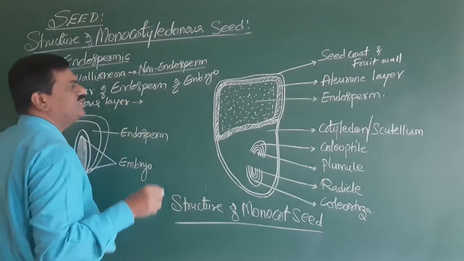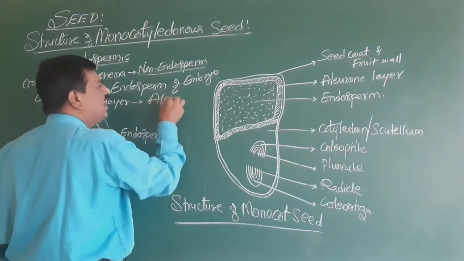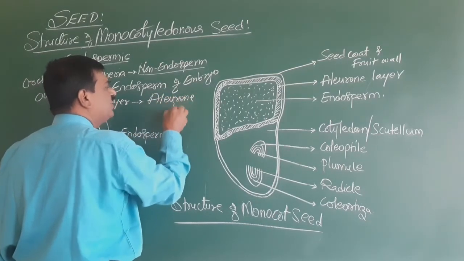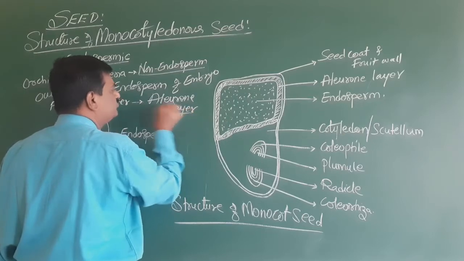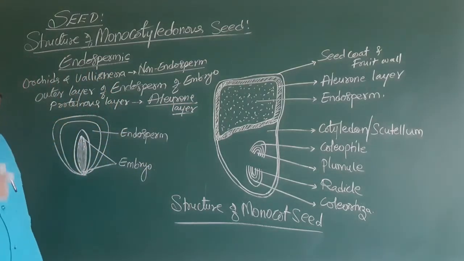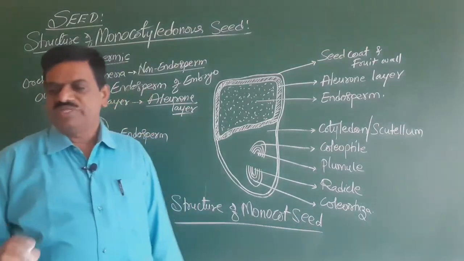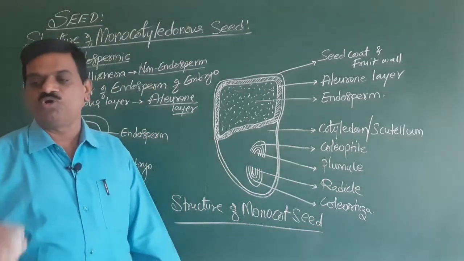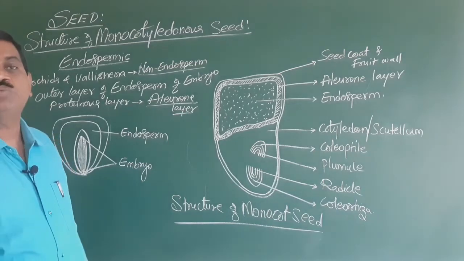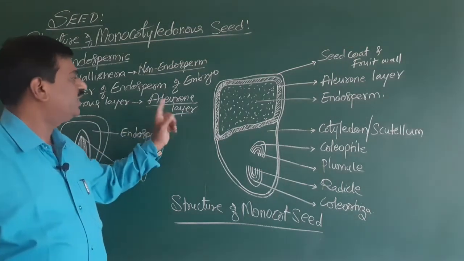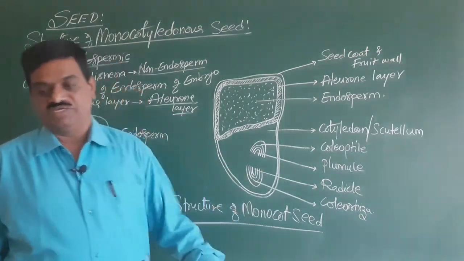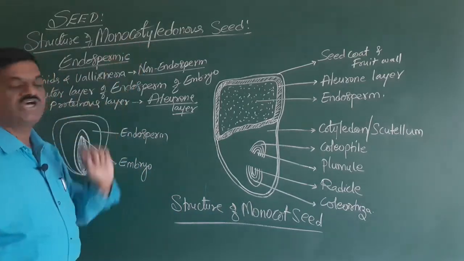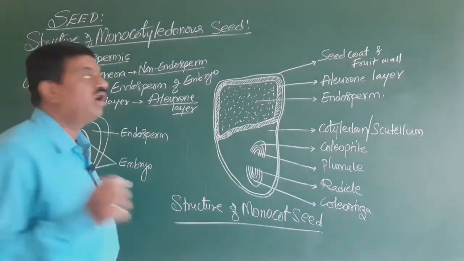This proteinaceous layer is called the aleurone layer. I repeat this: the outermost layer of an endosperm, which surrounds the embryo, has a proteinaceous layer. This proteinaceous layer is called the aleurone layer, and it has the presence of one